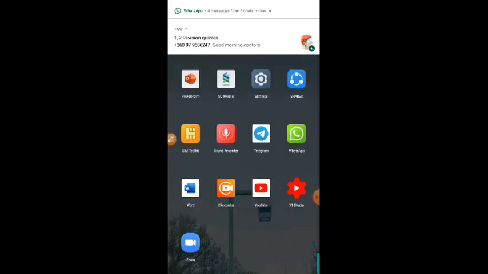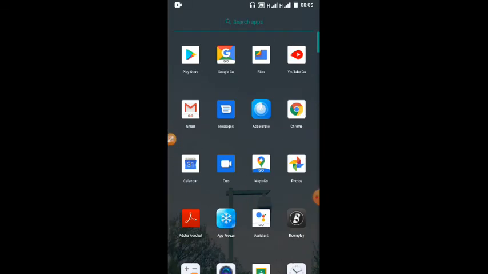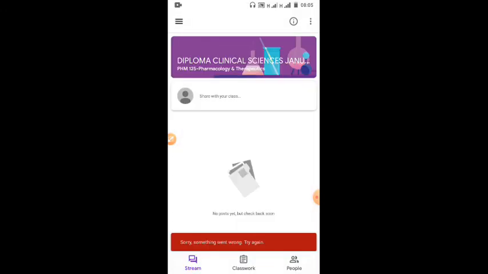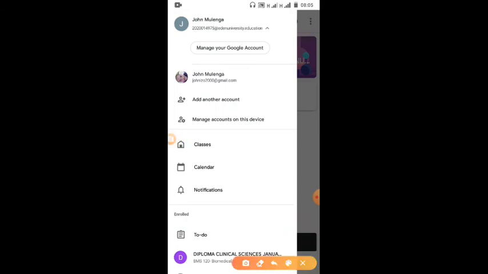After pressing Classroom, you are going to find three lines again. These three lines again, you're also going to see the accounts on top of what you are using. Just press over there, then you're going to see other accounts down there that you are not using, like this one. So press add another account, meaning that you've created an account to be shown to all apps.